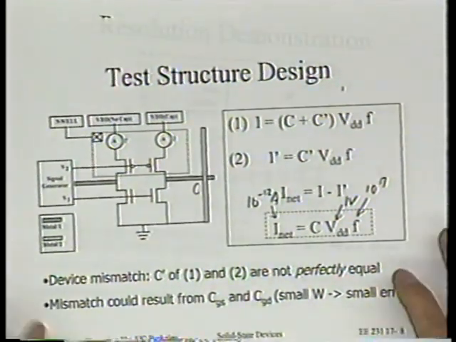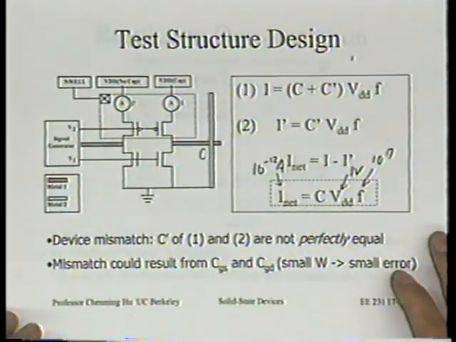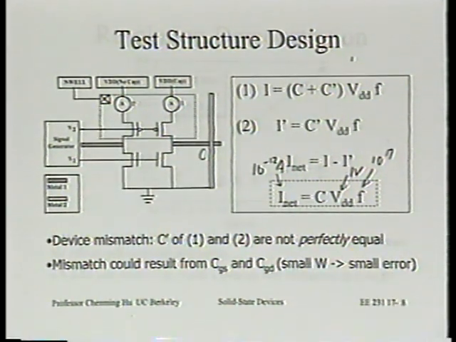Yes. I guess I can see how the drain capacitances affect your sensitivity because they're in parallel with the capacitance to be measured, but do you know why CGS affects your sensitivity? Because